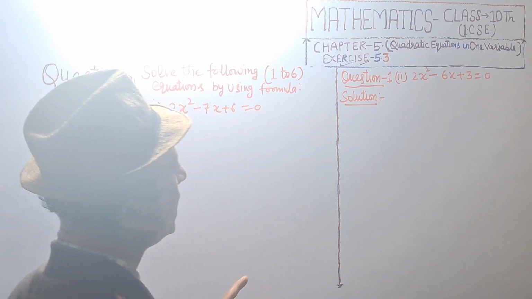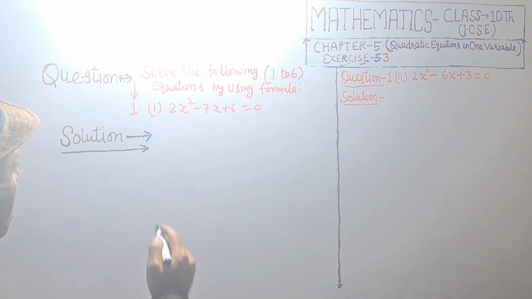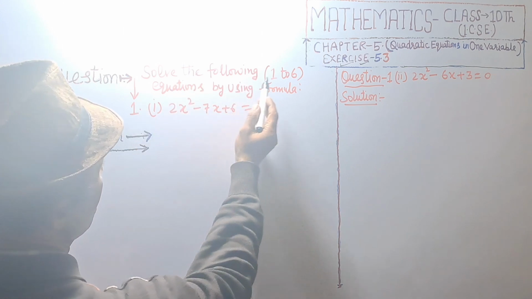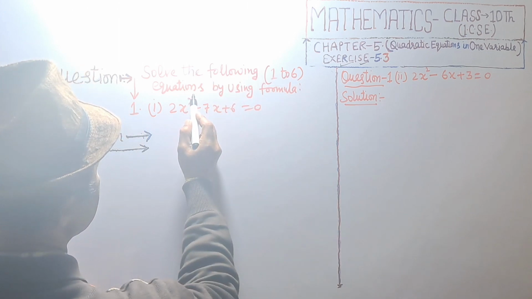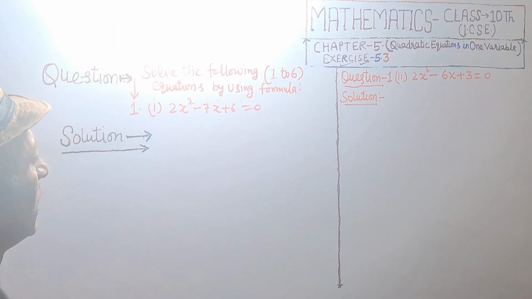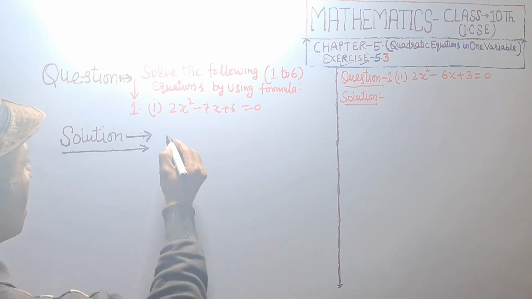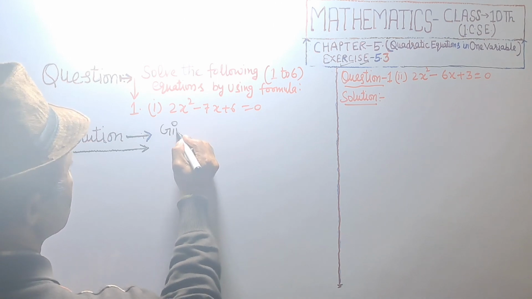Exercise 5.3, question number 1. Solve the following questions 1 to 6 equations by using the formula. Given equation is